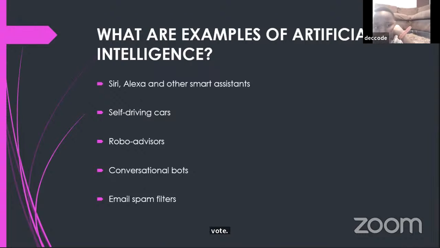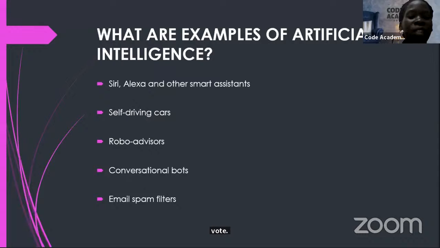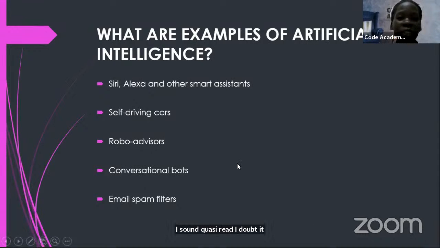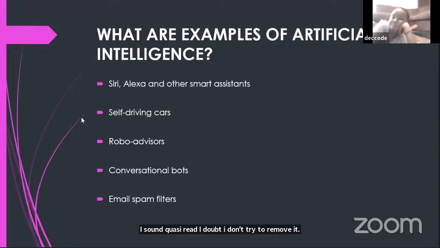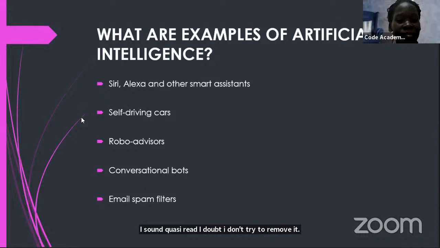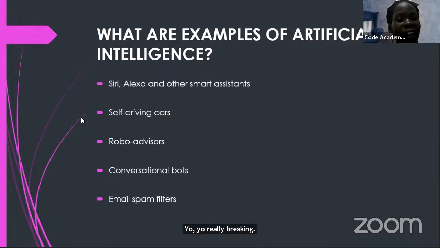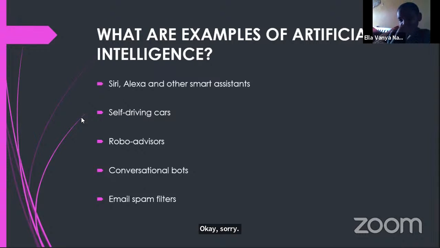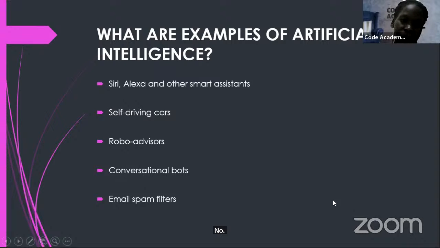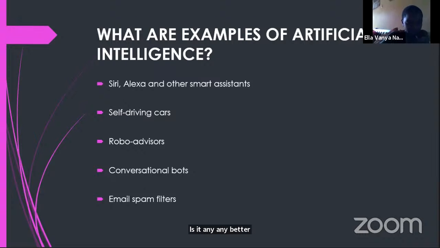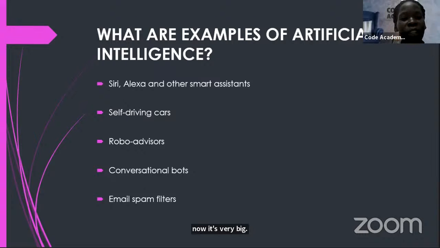I can try to remove it. Now it's much better. Thank you.